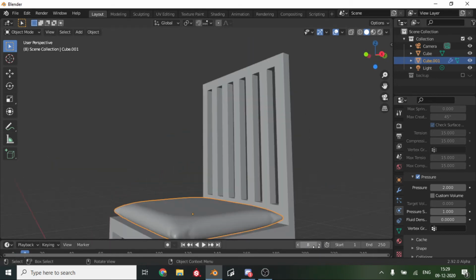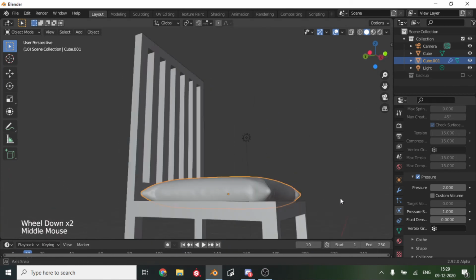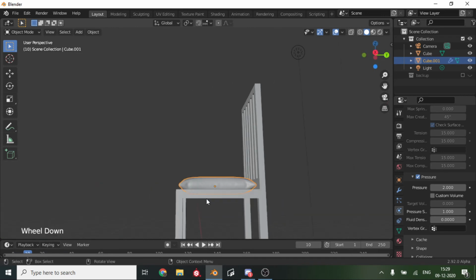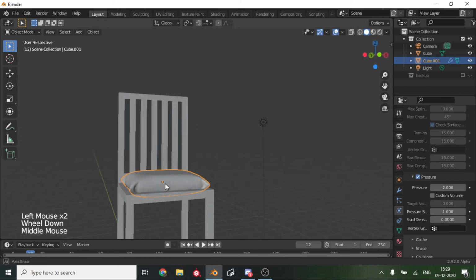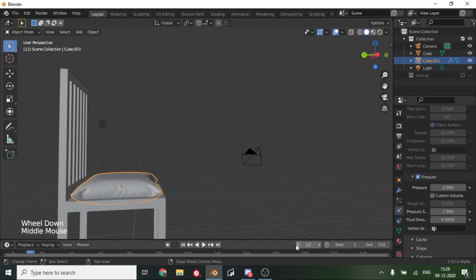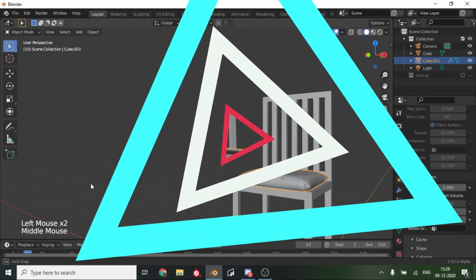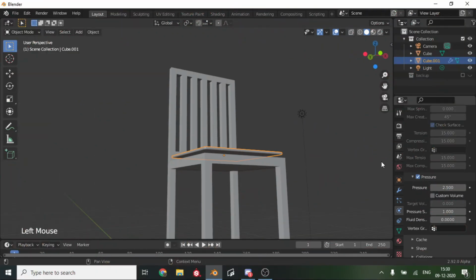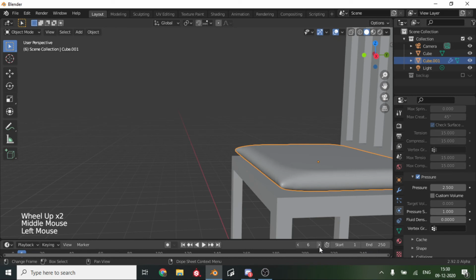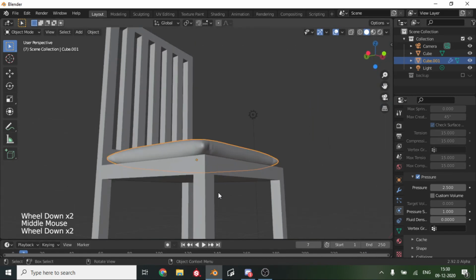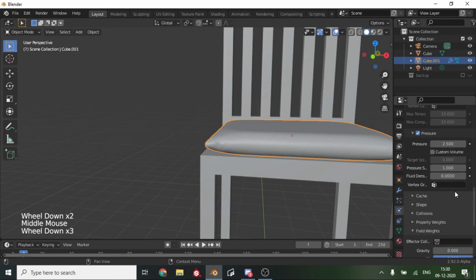But you don't want to get too low pressure, or else it will create a different effect. So for me, this much looks good. I will just puff it a bit more, and if that's too much, we can bring it back. The values that work best for me are 2.5, and I bring the frame up until I get the result I want. So this looks good, and if I like that, then I can click Apply.